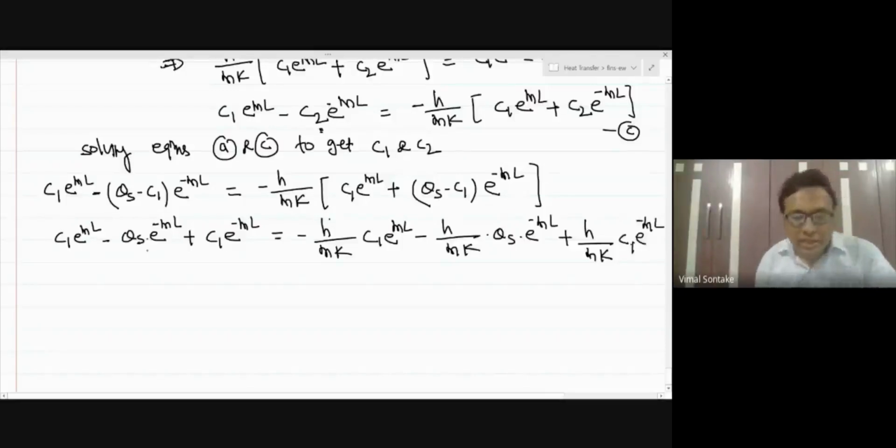Now let us take the similar terms on the one hand. So as you can see here, C1 e to power ml, C1 e to power minus ml. I write them simultaneously. Why am I writing this? Because we have some formula for this type of representation in the form of hyperbolic functions. Okay, then